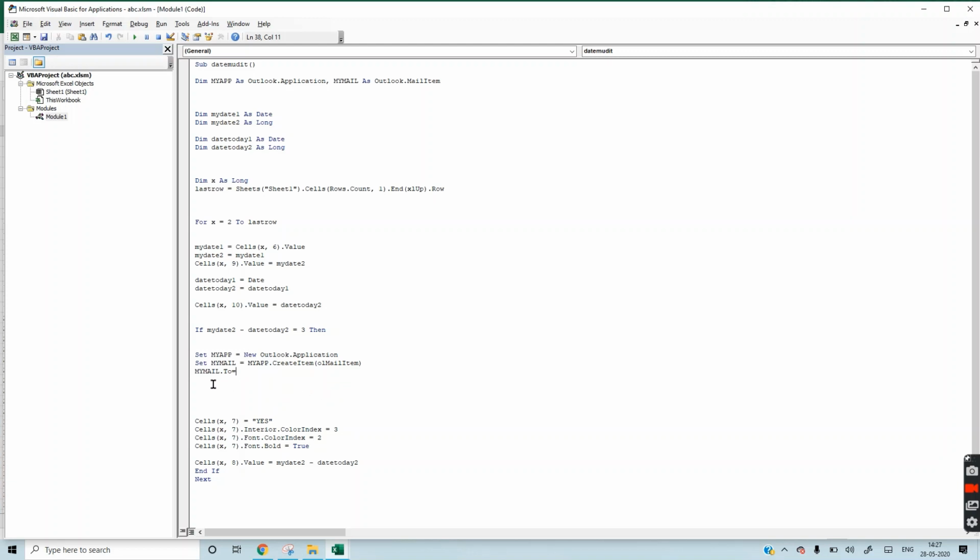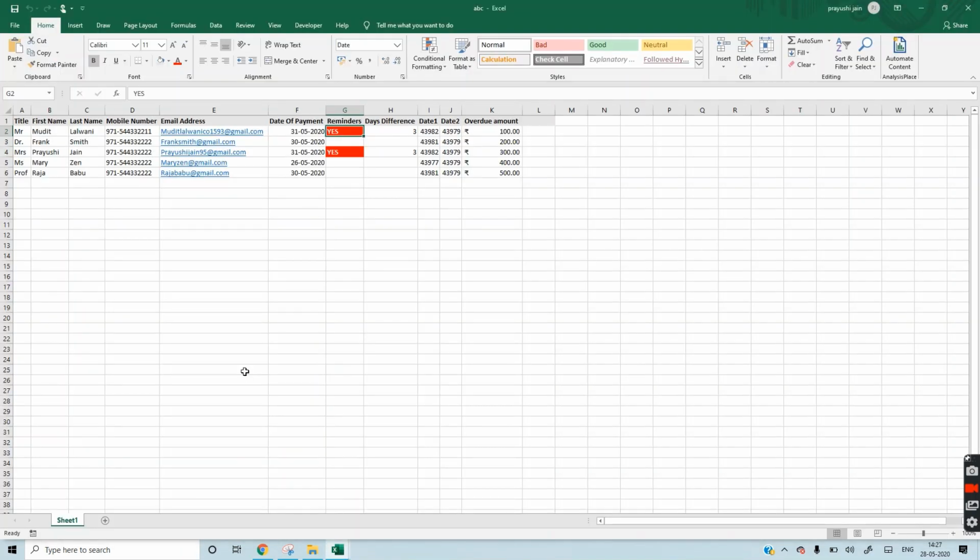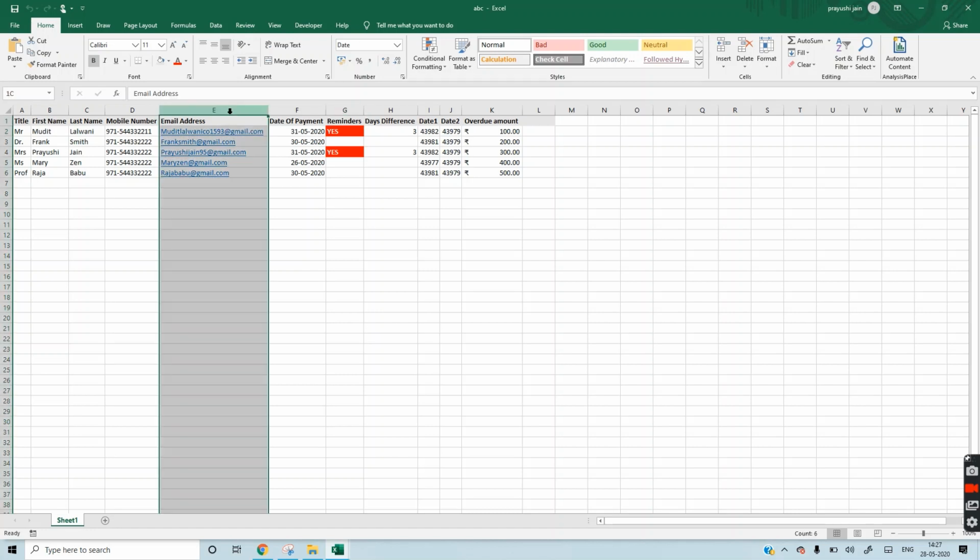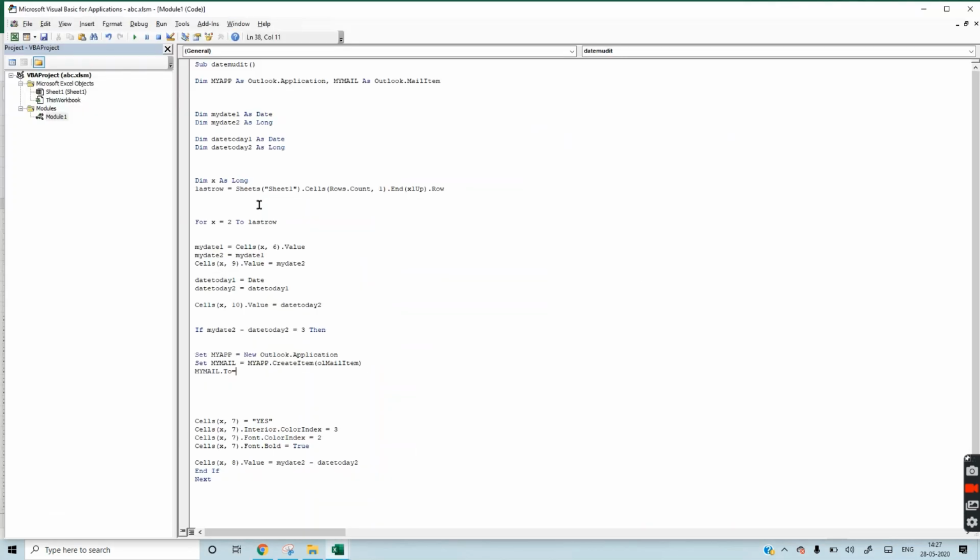Now what we are writing is mymail.To. So the recipient address we will write here. The recipient address is in the 5th column, E. Whatever value is in the 5th column, it should automatically take that value.